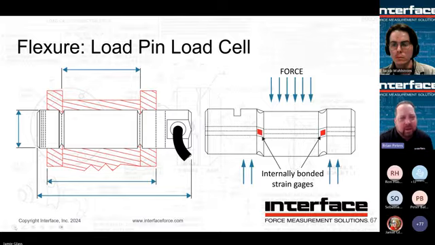So on the left there is a good depiction of what we would recommend for good performance. We don't want to bend a load pin. We want to keep it in double shear. That means that the reaction surfaces, as depicted by those outer 2 elements, want to be tightly controlling not only the diameter aspect, but also the interface to the middle loading section. So as you push or pull that middle section up or down, you want to make sure that the stress concentration areas depicted by the grooves, if you reflect back to some of those other flexures where we neck down the material so that we can maximize strain,